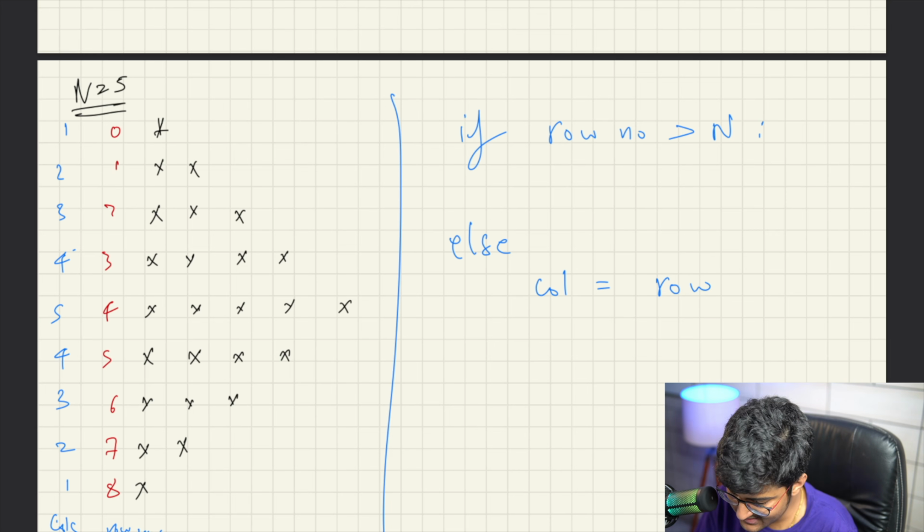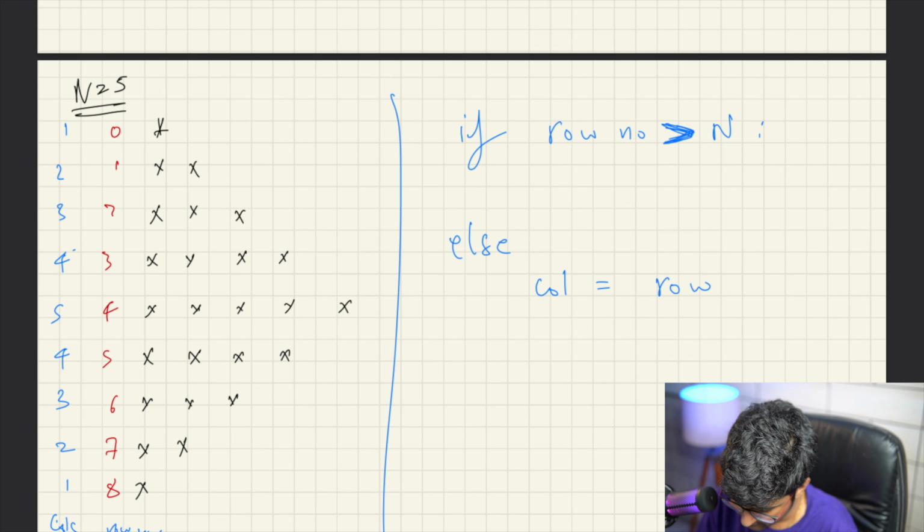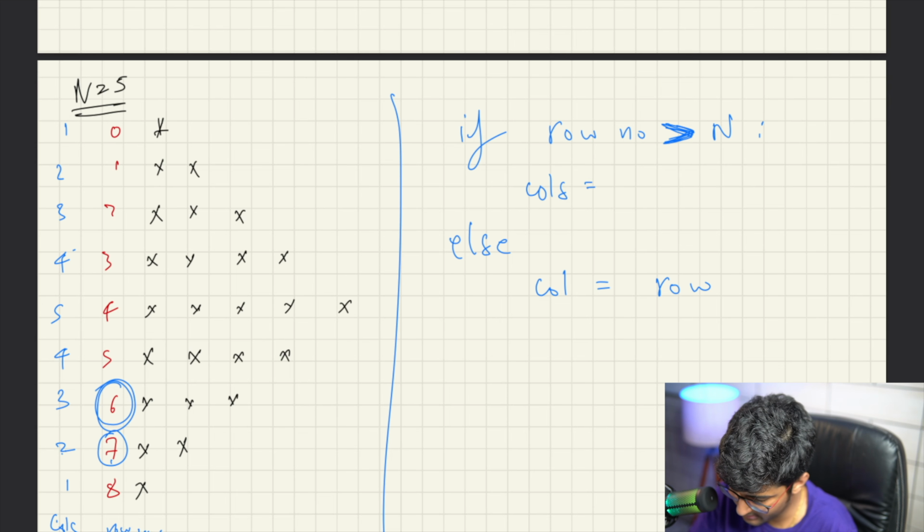But when it exceeds this, in that case what will happen? So for example, if I take this one, here the row number is 5, for example, or let's say I take this one, here the row number is 6. So I need column number 3. Here the row number is 7, I need column number 2. So I need total columns here 2. So it's actually subtracting from my total row number. It's going to be equal to, columns are equal to what? How many columns do we have over here?